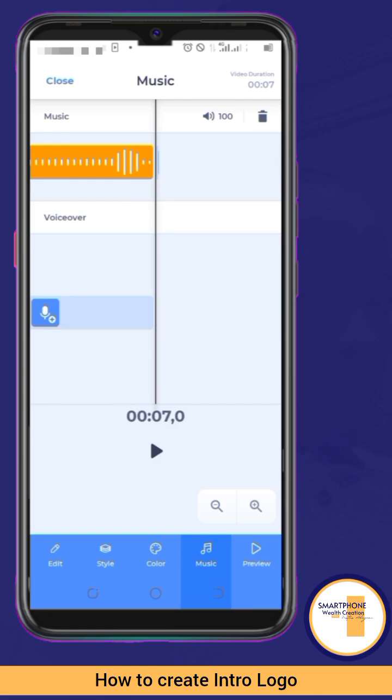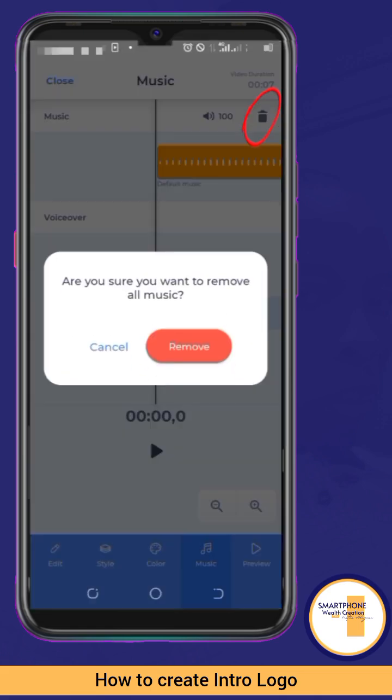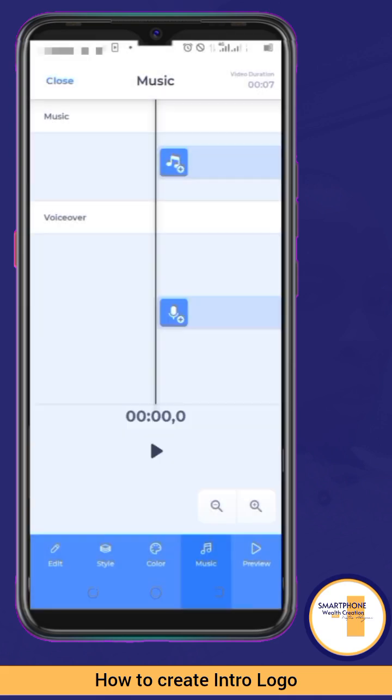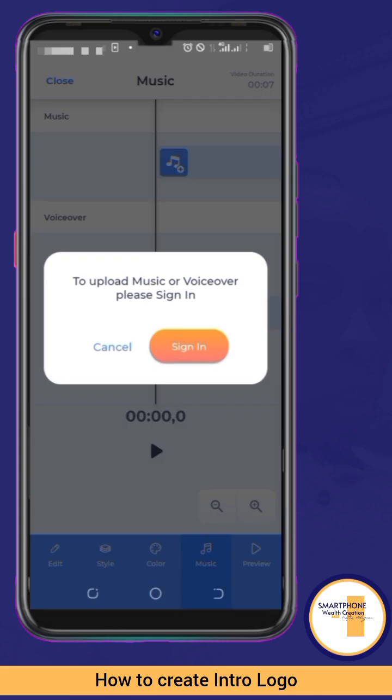That's the default music. But if you want to add your own music, just go ahead and delete all music by tapping on that delete button and you click on remove. If you want to add your own music, you can tap on this voiceover plus for voiceover. With that, it can serve for both your voiceover and your music if you have the one you want to